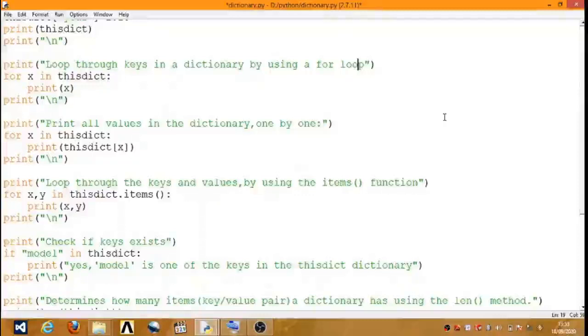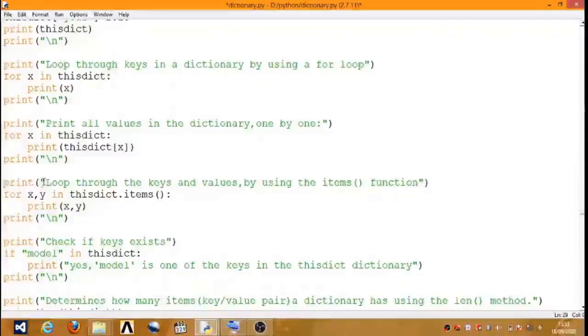So here we can use for loop like this: for x in district. So here X is our variable, district is a dictionary. Inside the for loop we can print X, to print only keys, not the values of keys.